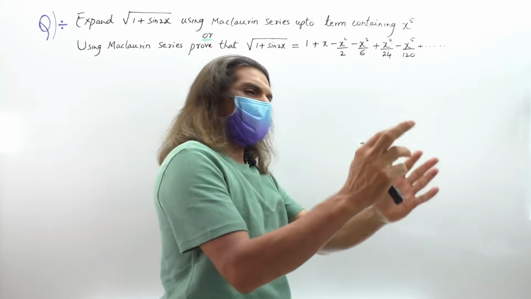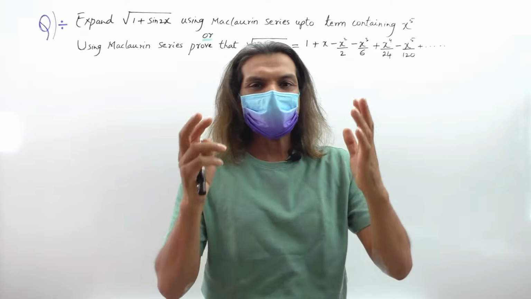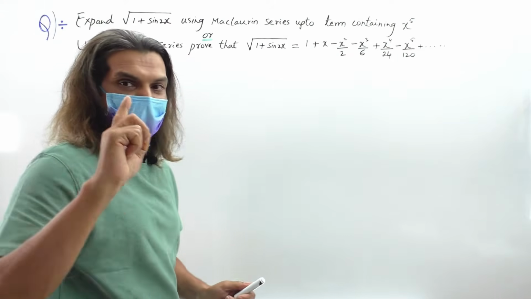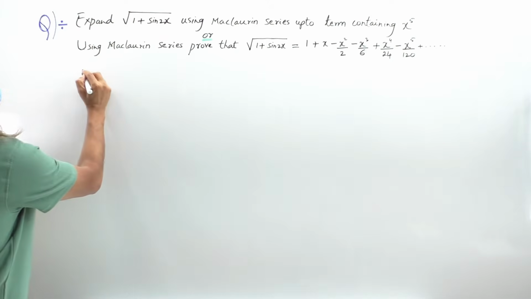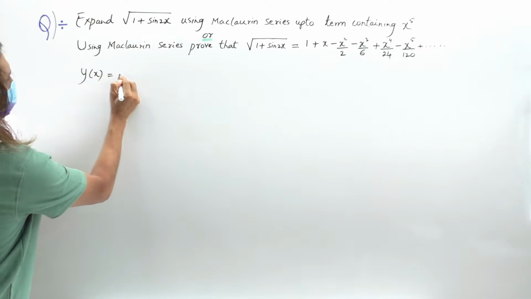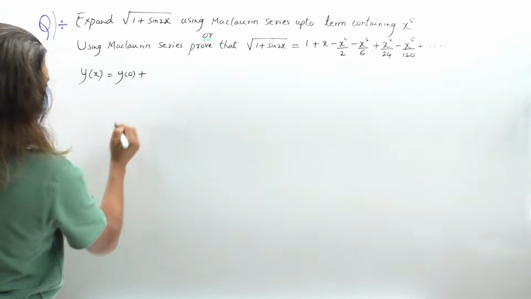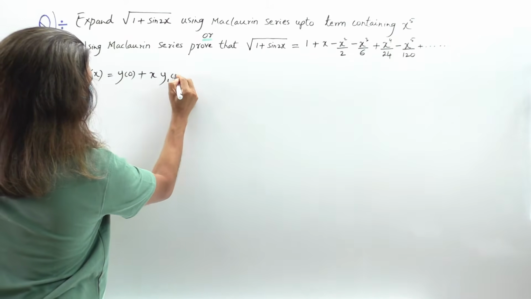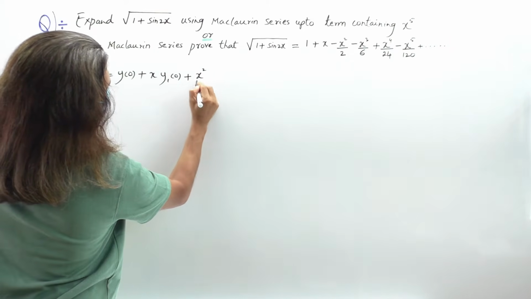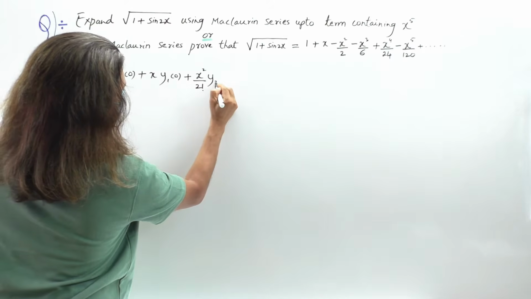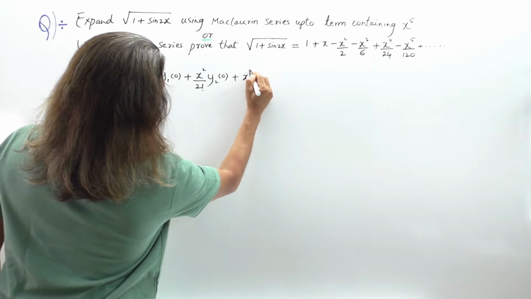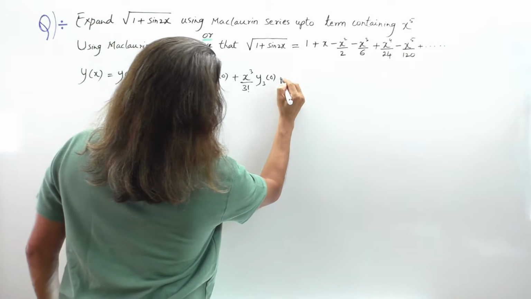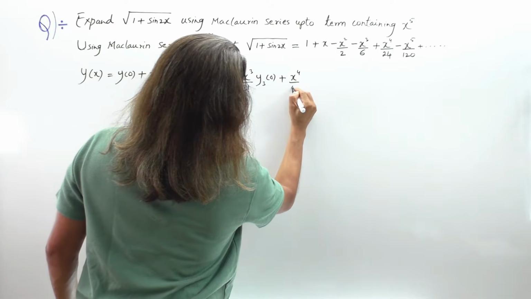As I mentioned, Maclaurin series is nothing but expansion about 0. Always start the question by writing the Maclaurin series if you want to get marks. The series here is y of x is equal to y of 0 plus x into y1 of 0 plus x square by 2 factorial into y2 of 0 plus x cube by 3 factorial into y3 of 0 plus x raised to 4 by 4 factorial